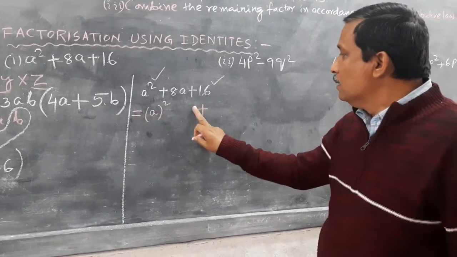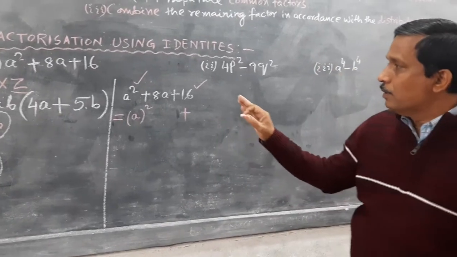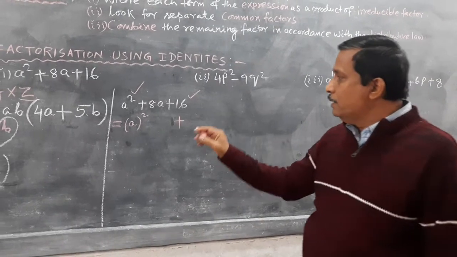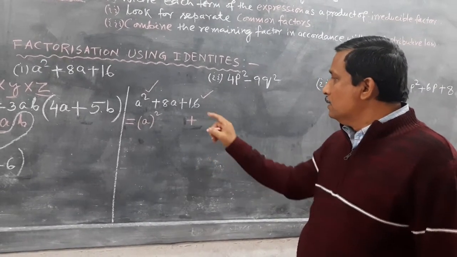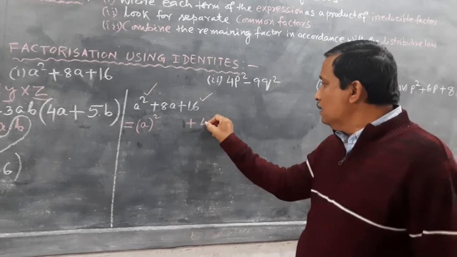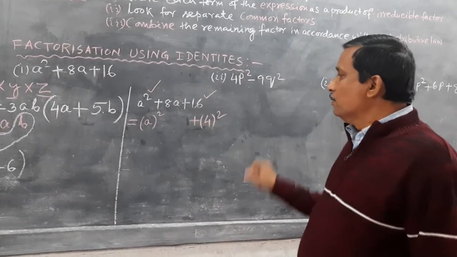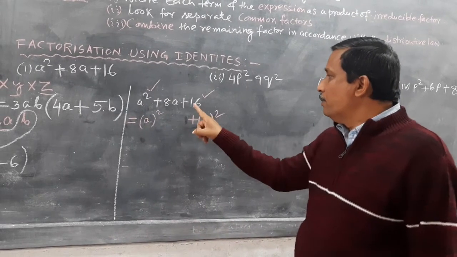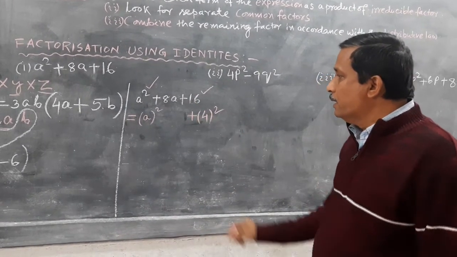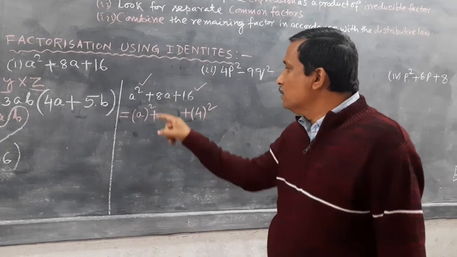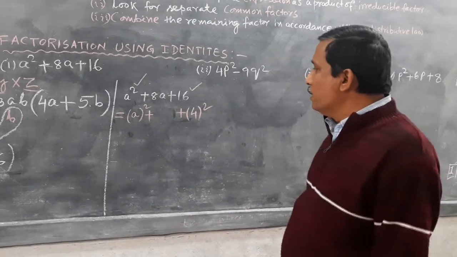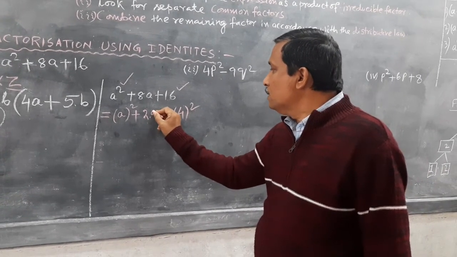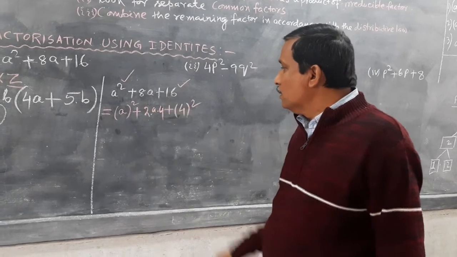You see the trick. In math, if you understood the trick, then any problem you can solve. It will all be done in 1 minute. Like 16 is the square of 4. So first you take the first term and after that the last term. Next, since it is plus you write plus here; if it is minus then you take minus. Then this is 2 into first term into last term.